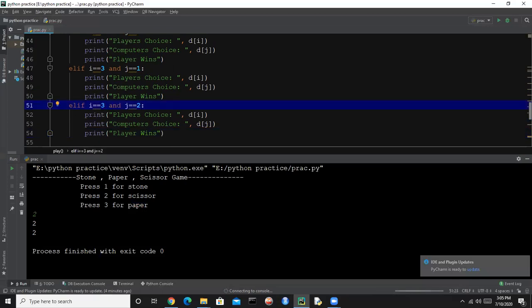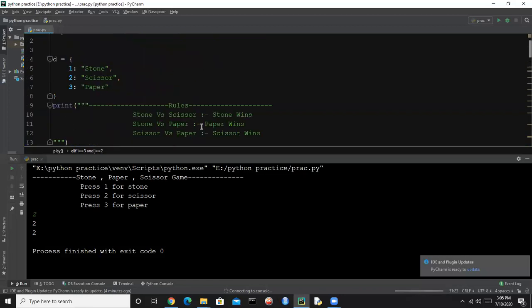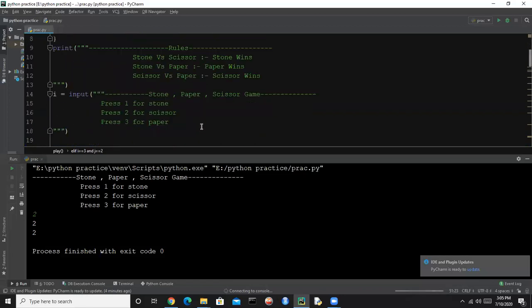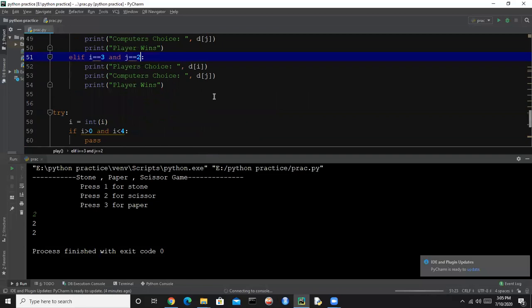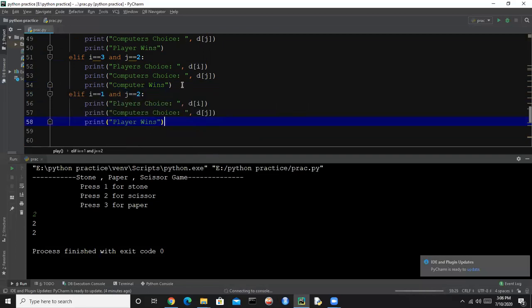And now we are saying I is equal to 3 and J is equal to 2. And 3 versus 2 means paper versus scissor, and the scissor wins. So let's see the rules. Paper versus scissor, and scissor wins. And whose choice is scissor? So the computer's choice is scissor. So now we'll say computer wins. And the last thing is I is equal to 3 and J is equal to 3, and then